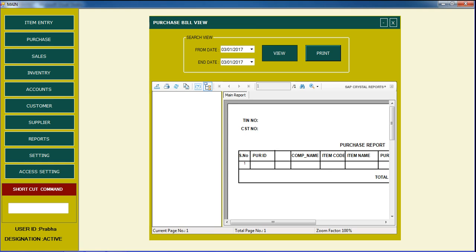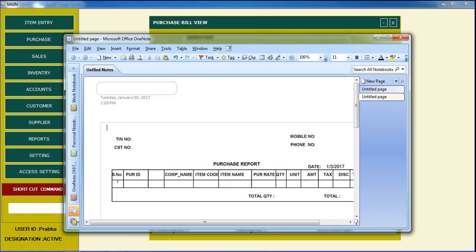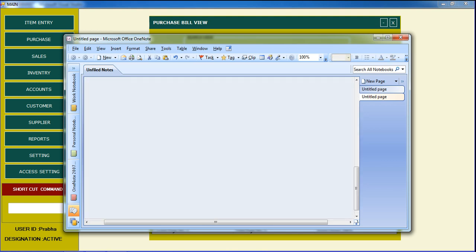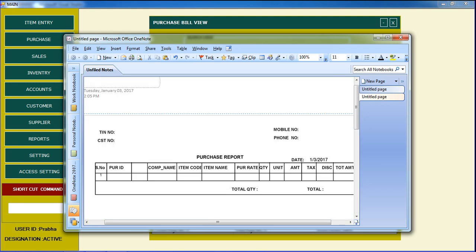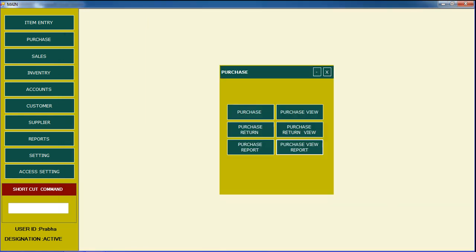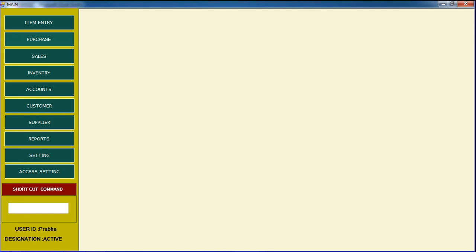If you need the report form, you can print it out for our manager, like this. It's also possible. And then item entry and purchase, both of these I have told you.